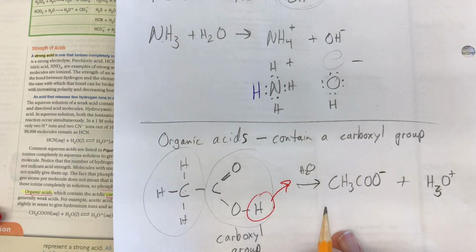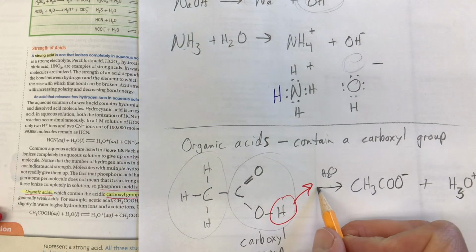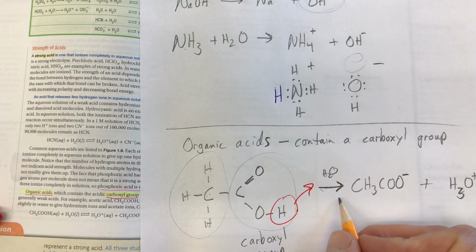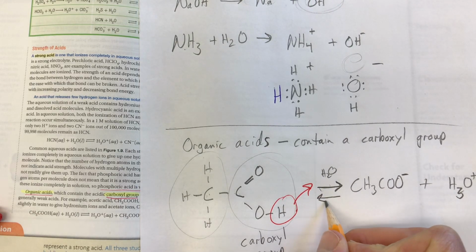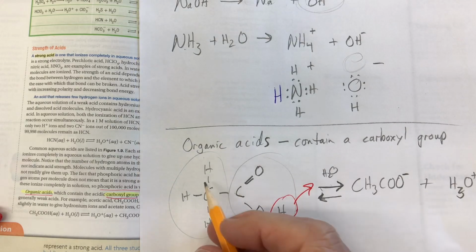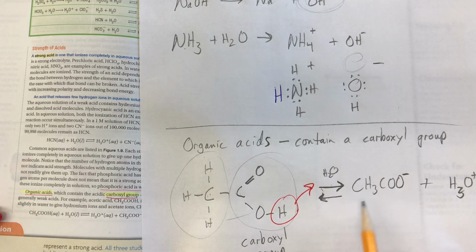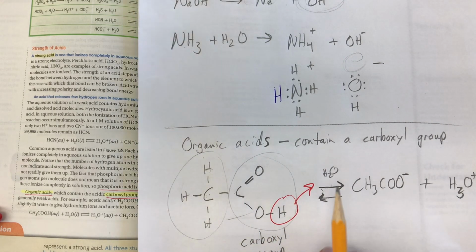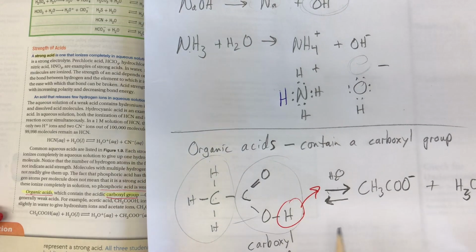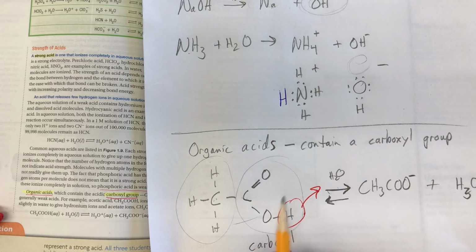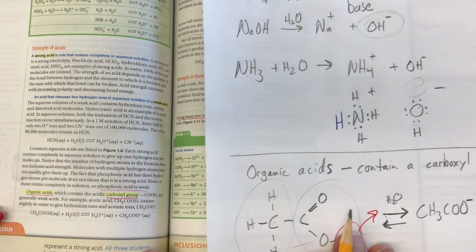Now this is a weak acid, so we often draw it with an arrow going this way and an arrow going this way, saying it's reversible. In fact, it would rather be this form than this form. This is why we don't mind eating it too bad, because it's not that strong of an acid. It also means if it's a weak acid, it is a weak electrolyte. And this is part of what your book talks about